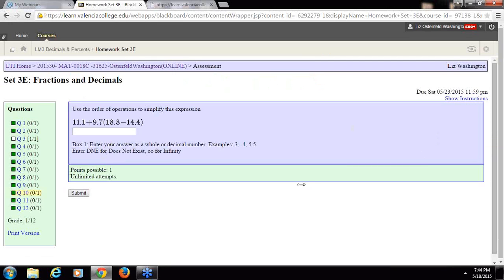Oh, okay. This is a good one. We got some order of operations here, which basically means we're going to do everything we've been doing so far, just all in one problem. So my order of operations tell me that I need to do whatever is inside of the parentheses first. So I have 18.8 minus 14.4. I'm going to do that first. And again, notice I lined them up this time. So I get an answer of 4.4. So now it's 11.1 plus 9.7